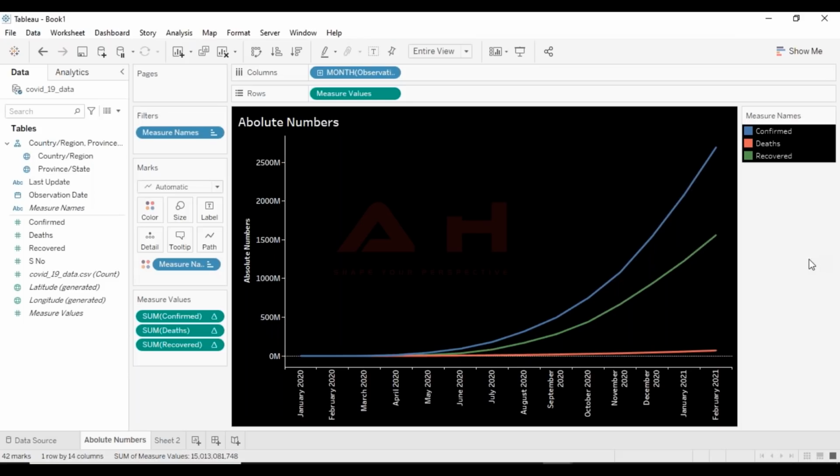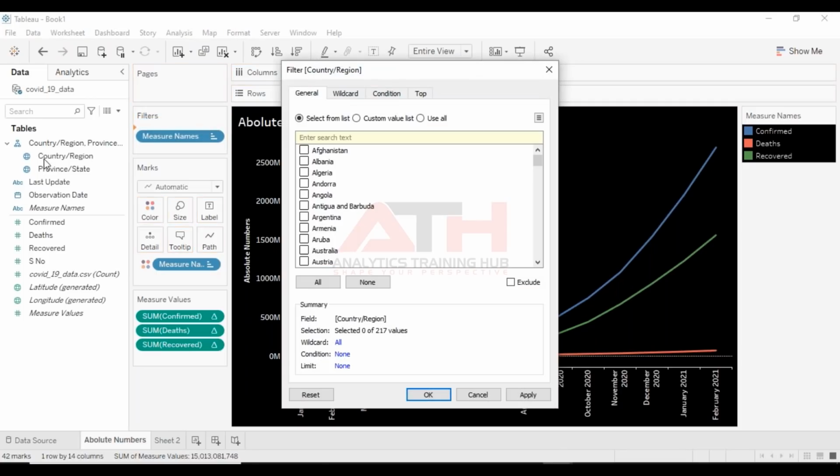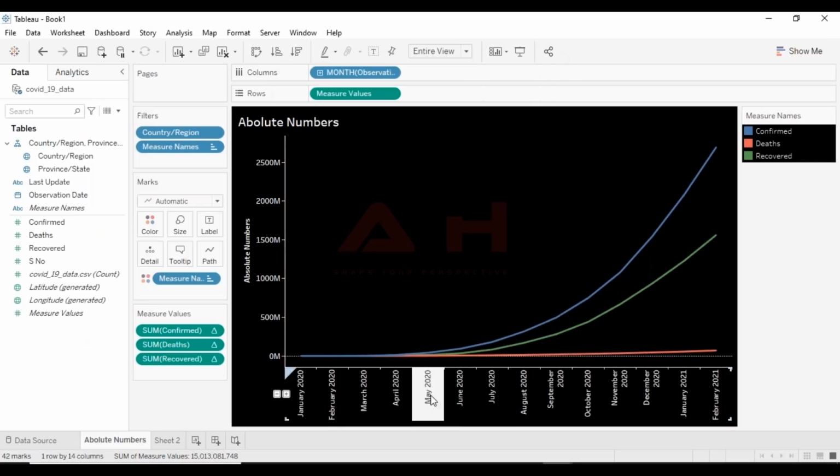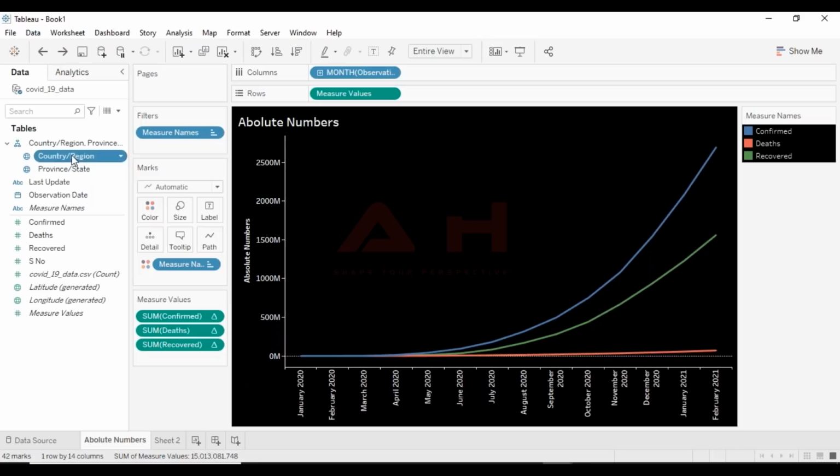All we need to do now is, the one thing that I need to do is, this is the complete visualization for all the regions that are there, but I only need it for, let's say, a particular country. So I'll put country as a filter here, and in this filter I'll select all and then apply and then OK. Again, I'll show you this thing again, because this is an important part. The filter is something that will be used across all sheets.